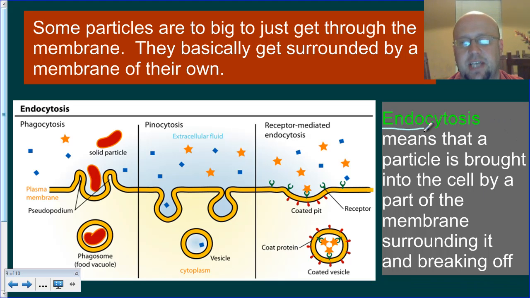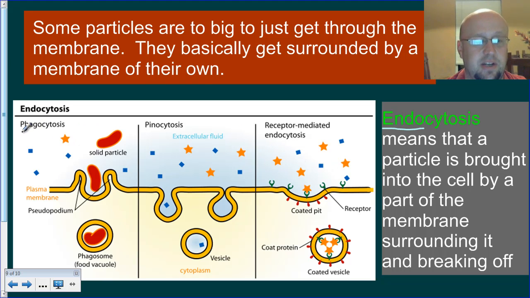Whenever you see the prefix endo, endo means inside. So like human beings, we have an endoskeleton. Our skeleton is inside of our body. Insects have exoskeletons. They've got stuff on the outside of their body. So endo means we're trying to bring stuff into the cell. And so that happens in a variety of processes, and it's not really necessary that you have to know what